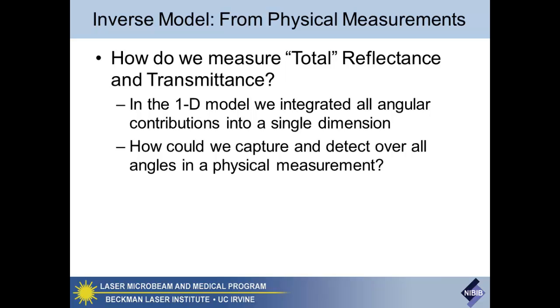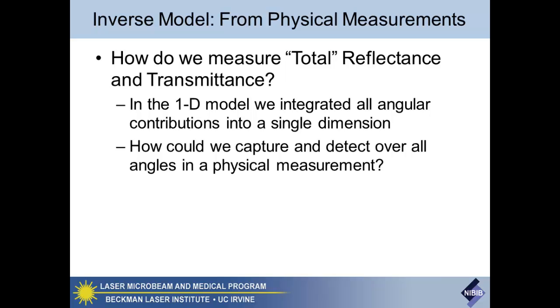So now from this idealized sense of this inverse model, how do we actually translate this to a physical measurement? Again, the main question is how do we actually measure the total reflectance and total transmittance in a physical sample? Our model is one-dimensional. It's based on integrating over all angular contributions in a single dimension. So the general question is, how would we actually go about detecting light over all angles on either side